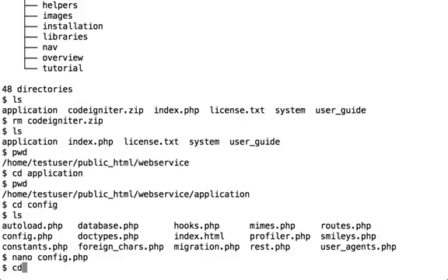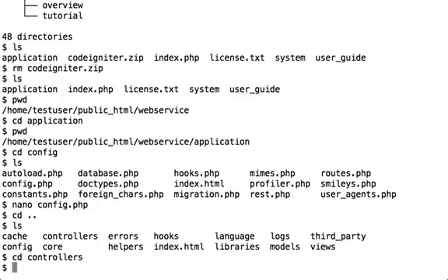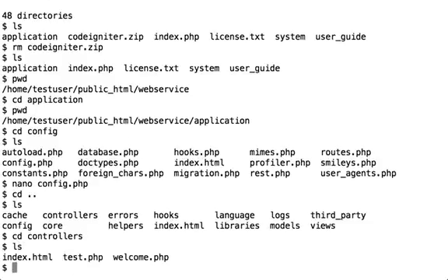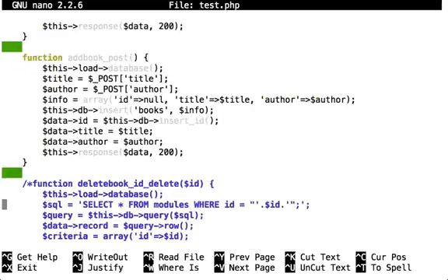Our next job is to go up a folder and change directory to the controllers. And as you can see there's a few test controllers in there. To get started we're going to create our own, and in fact there's already one there for us. And as you can see, there's a whole series of functions in here which we're going to be using at another time. So Control X,